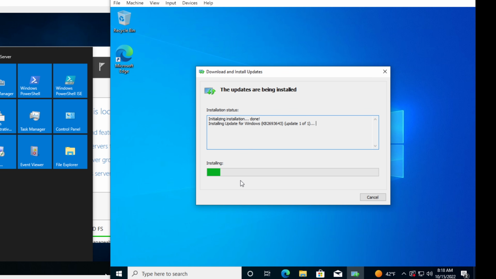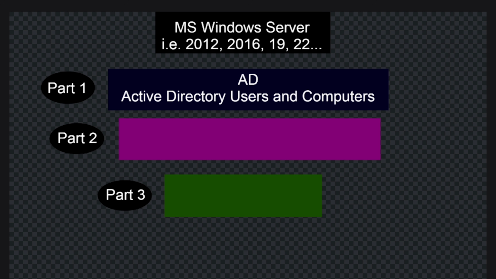Of course, when you start doing tech support, this is one of the first things you would be able to do, or it might be pre-installed with the operating system image that you get when you start to work for that company. So while that's installing on our Windows 10 machine, let's talk about AD, as in Active Directory Users